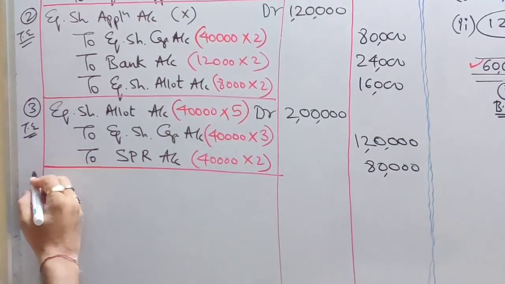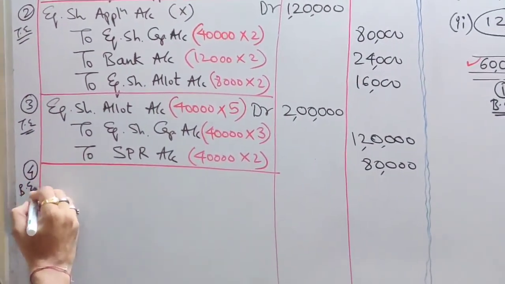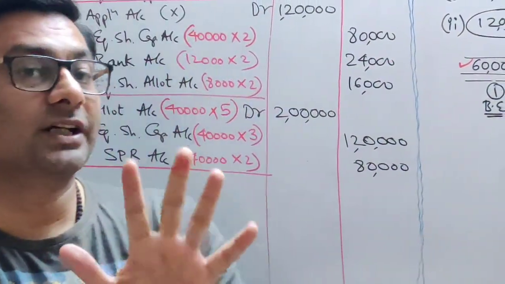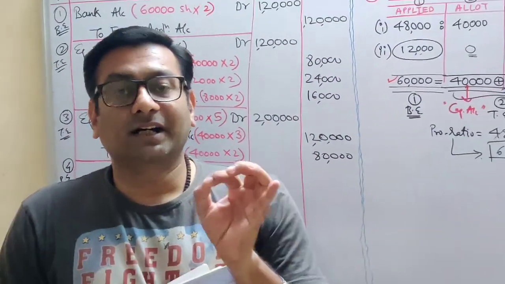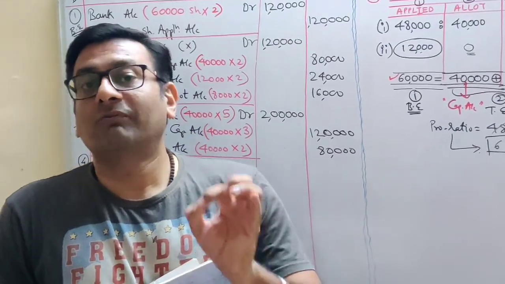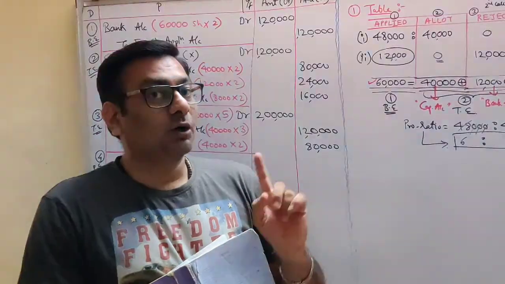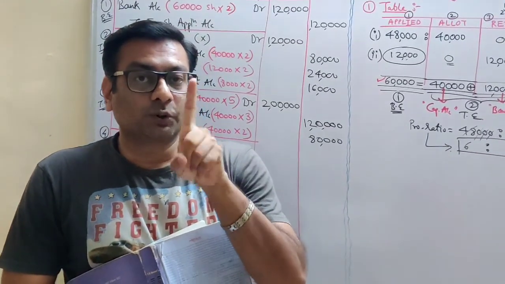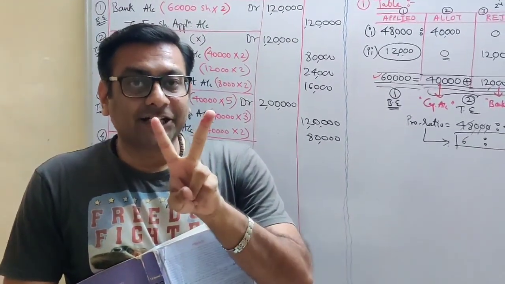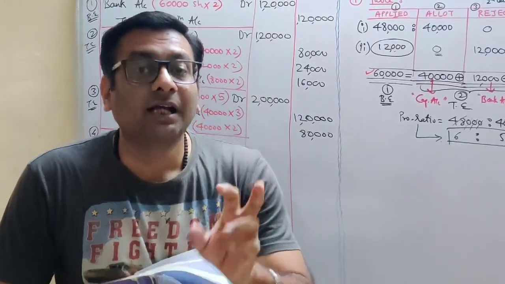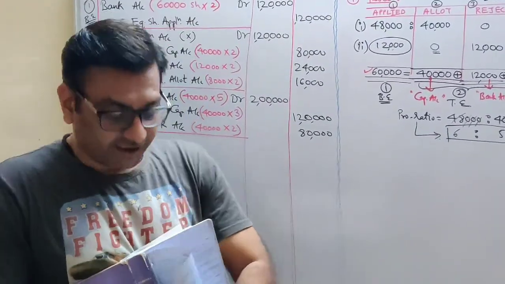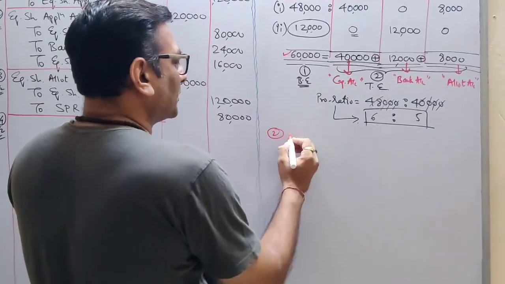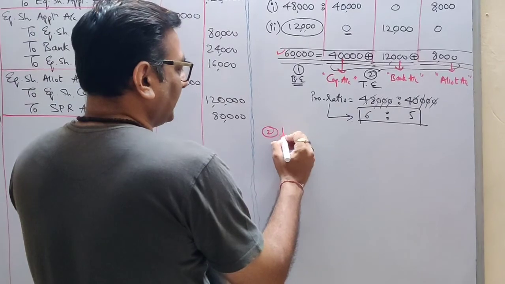Now we are going to pass the bank entry, which is very important. Why? Because you will have to do a working note for this. There is an arrear at the time of allotment, and this is a sum of pro rata. So remember these two conditions. If the sum is of pro rata and the second condition is arrear in allotment, you have to do a personal working note. So let's do, students, the personal working note. So this is my number 2, personal working.